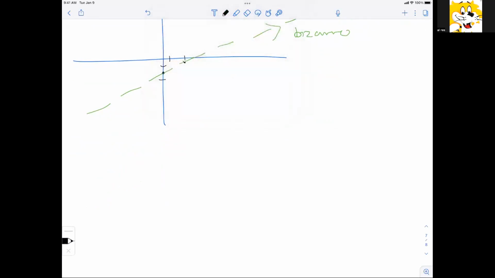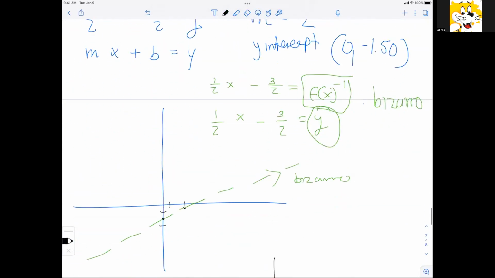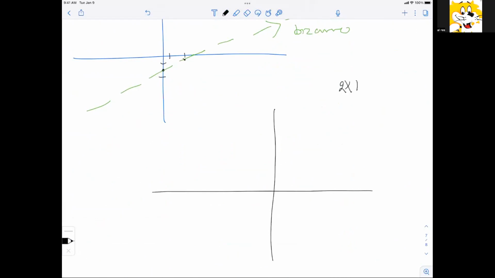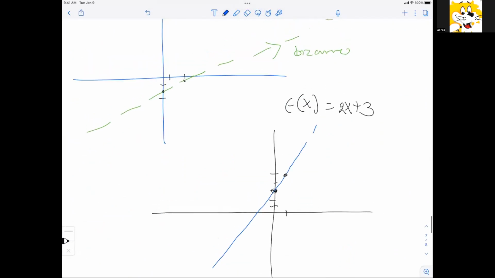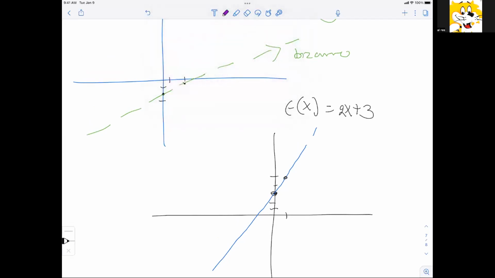Because if we put them together, if we put the first graph together, 2x plus 3, right? 1, 2, 3, 1, 2. So this is 1 here. We're going to put it in blue, because this is Superman. And then the bizarro, I'm going to put in red or purple. Let's put it in purple. So this is going to be negative 1.5, 1 over 2. So if I draw this,